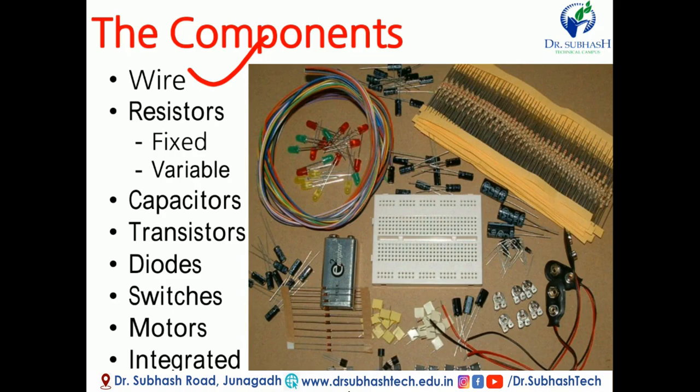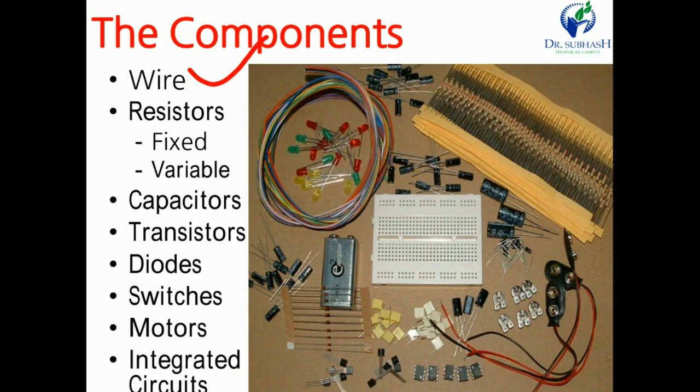The first electronic component is the connecting wire. There are two types of connecting wire. The first is single core wire, and the other is flexible wire. Single core is nothing but a single lead, used for circuit design. Flexible wire is generally used for soldering purposes. Different color codes on the wire identify positive or negative or other coding. In the figure, these are the connecting wires, all in different colors.